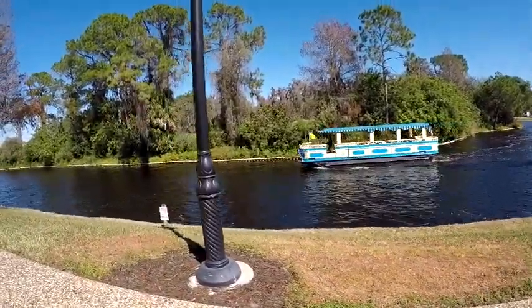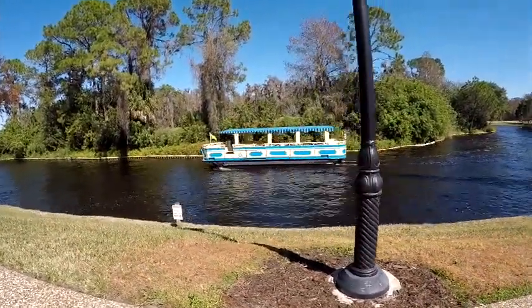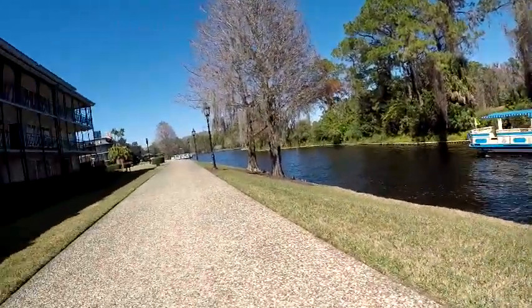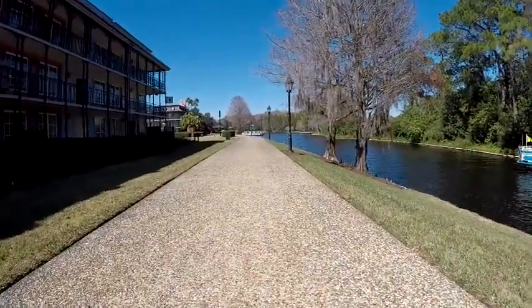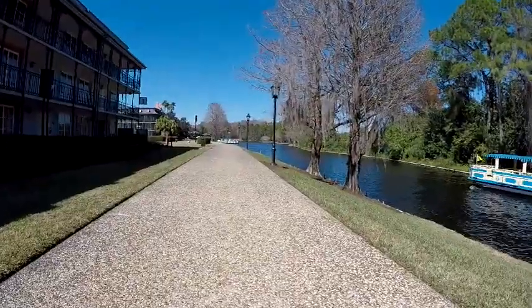They're slowing down a bit. They have to do certain speeds. I've noticed that they slow down at various points in this. Wherever they're slowing, right ahead of us is the boat dock for our resort. Or they could be slowing down because...